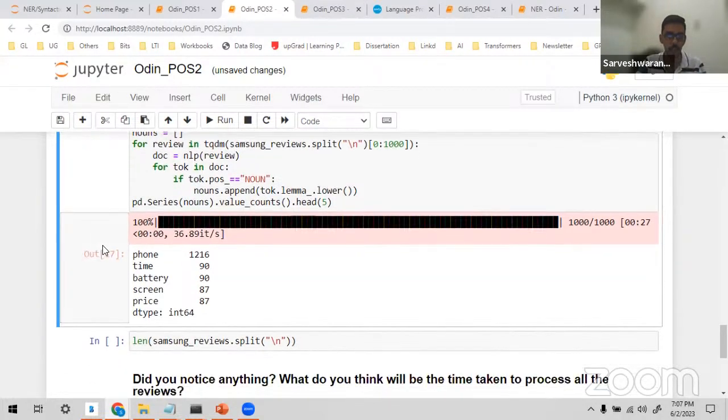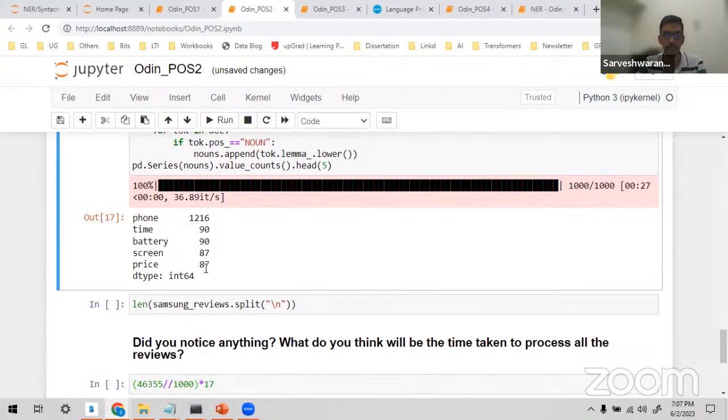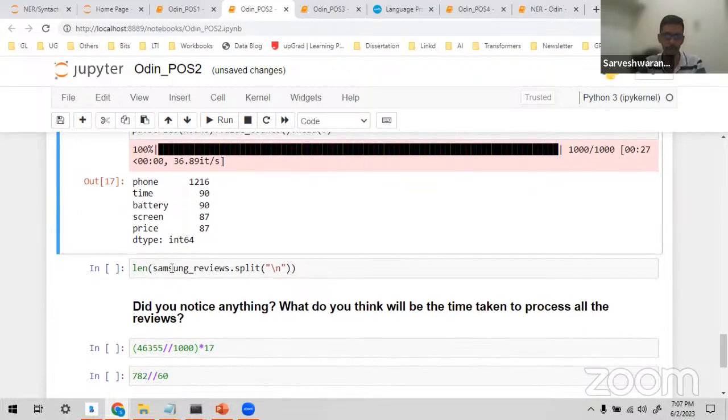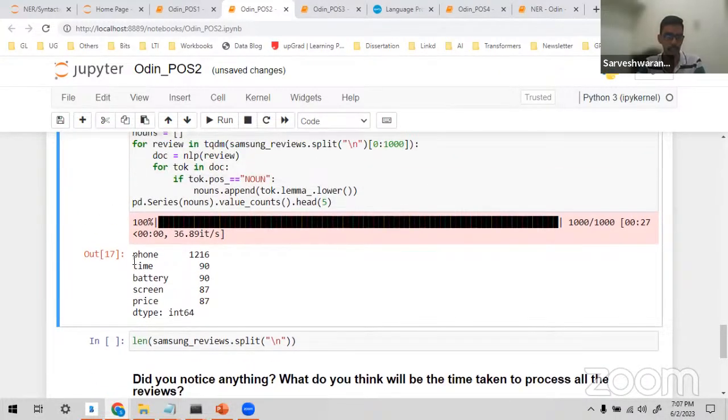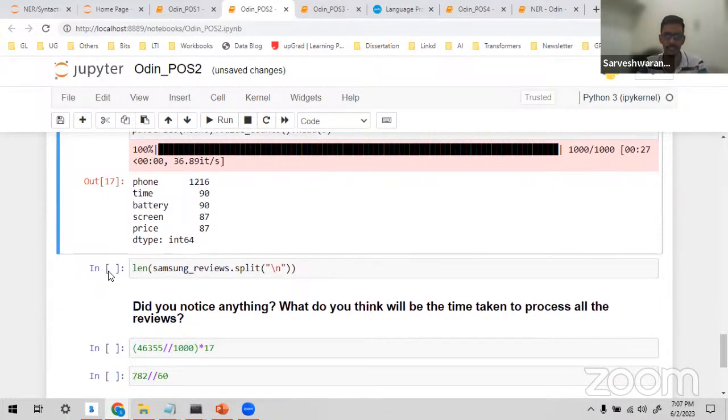The moment I understand what my people are speaking about more, I can make some informed decisions. The extension to it, like I said, is sentiment analysis, automatic ticket routing. There are a lot of applications, so I can convert it to a workflow. This is a small experiment.